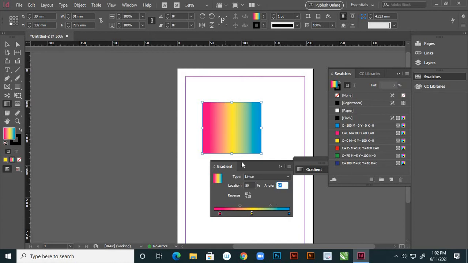Suppose now it is 0 angle. Now I'm filling 45 and enter. See, the angle is changing to 45 degrees. Now here I'm using 90 degrees. See, 90 degrees. In this way you can choose your colors.